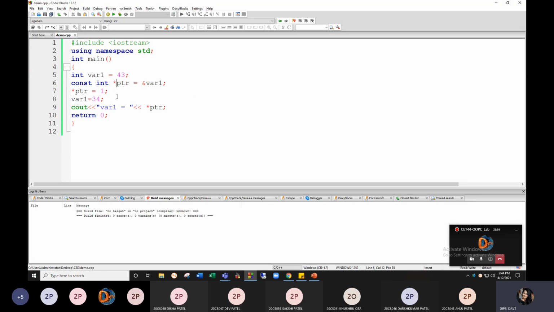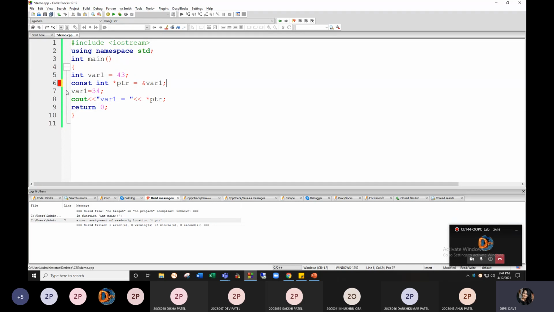That means you are using it for some other value. What is happening? We are trying to change the value situated in the location which is pointed to by star ptr. So we have to remove this line, right?